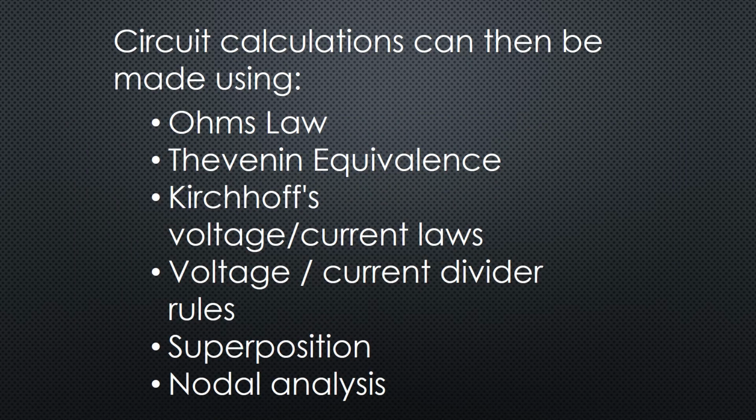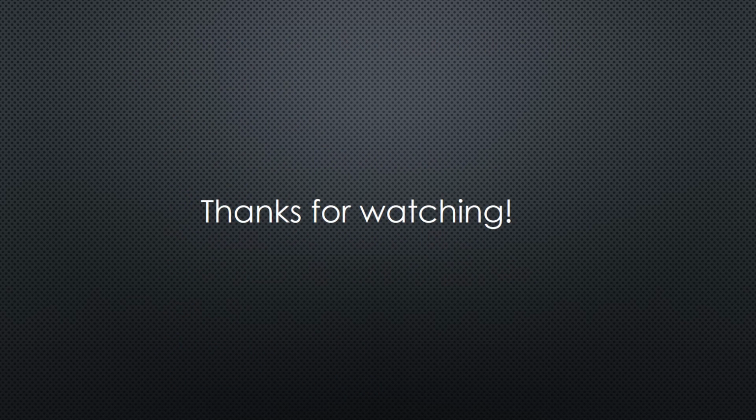Once the circuit impedance has been calculated, the voltages and currents of each element in the circuit can be determined using electrical laws such as Ohm's law and Kirchhoff's voltage and current laws, as well as voltage and current divider rules. I hope you now understand how AC electricity works in both series and parallel circuits,